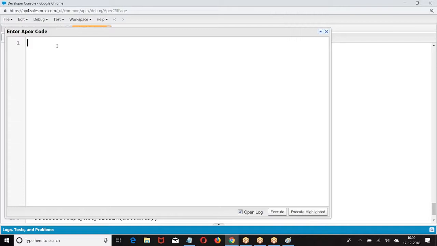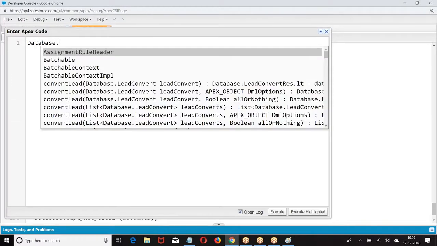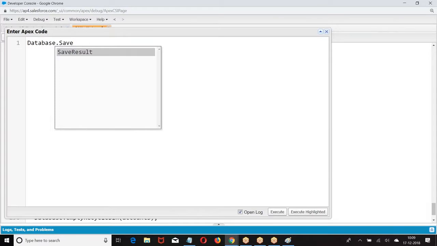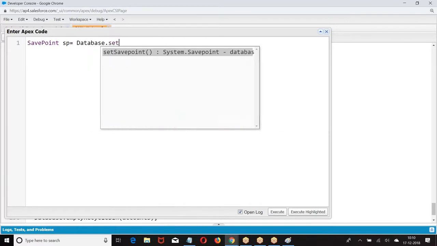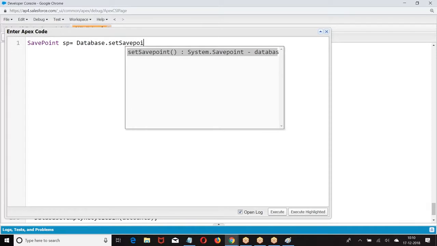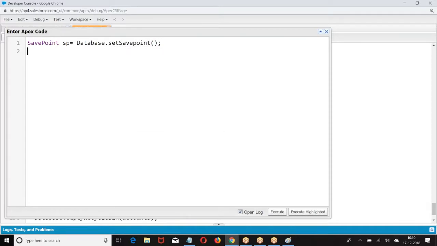Now look at this. First I am creating a save point. Database dot save point.